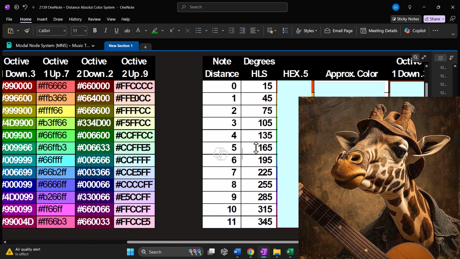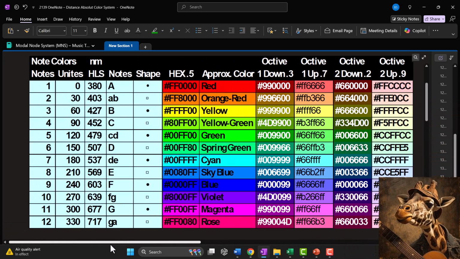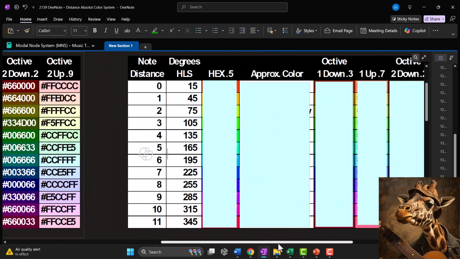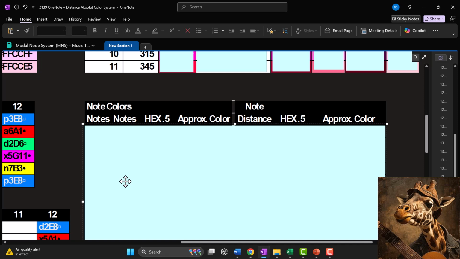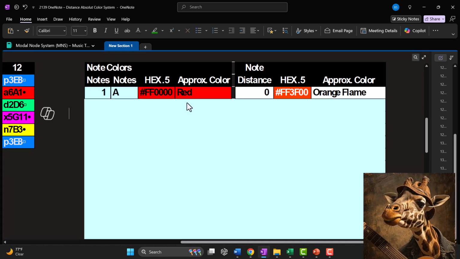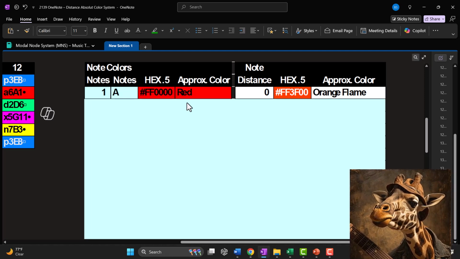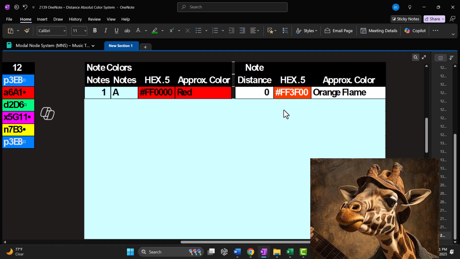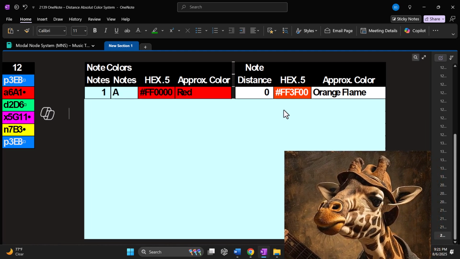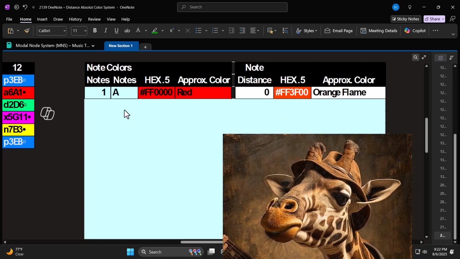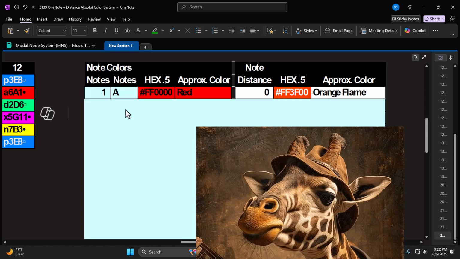So this is as maximally distant from this as possible, and it's still as spread out on the color wheel as possible. Let's look at it down here. Notes: we start on note 1, which is an A, which is where we started the spectrum. The start of the spectrum is on red, therefore A is red. When we look at the shortest distance, that's where we're going to start the spectrum from a distance standpoint. The shortest distance we can travel is nowhere. In other words, if I'm on the A note, that's the point, and I don't move anywhere, I went a